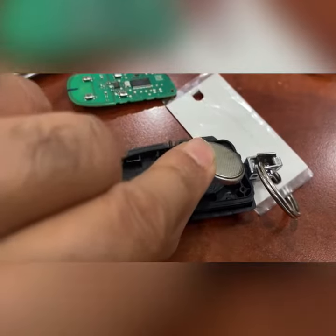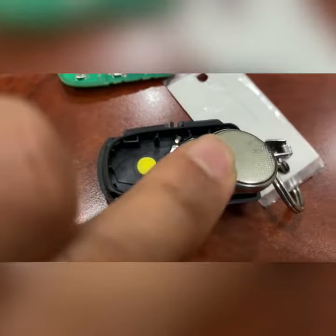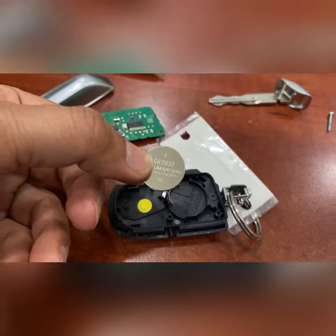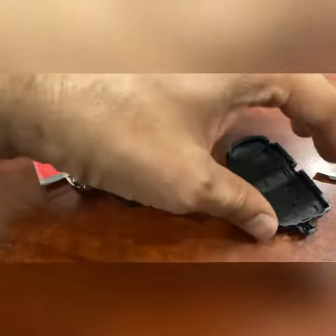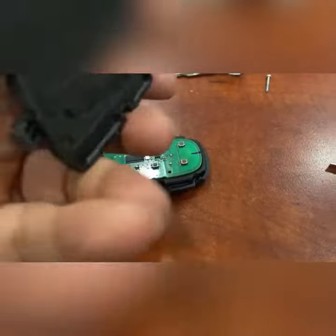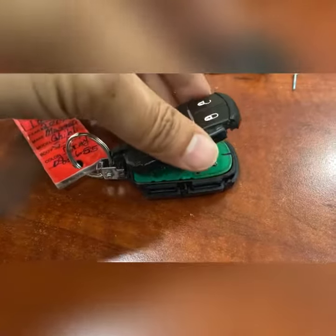The positive goes underneath like this. The positive goes down and the negative up. So that's how it goes. And to put it back together, you just put everything in reverse. Once you replace the battery, just put this one back, and this one goes like this. You see that little, this side right here goes right there,